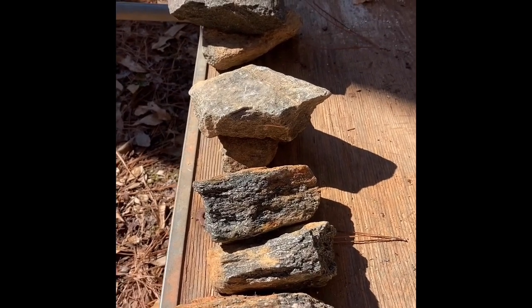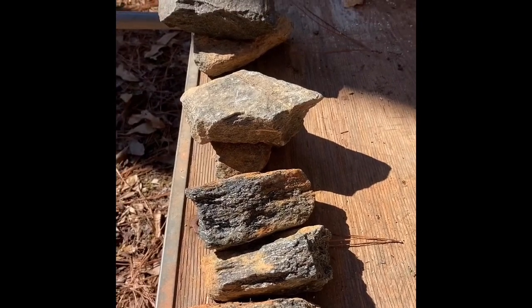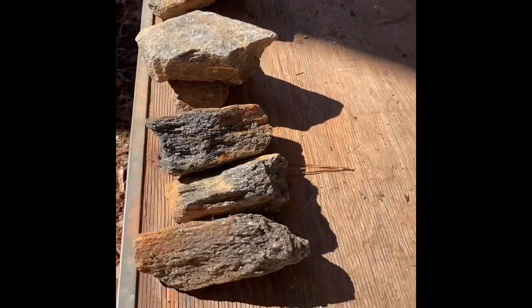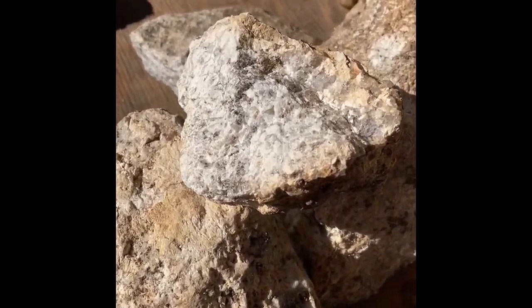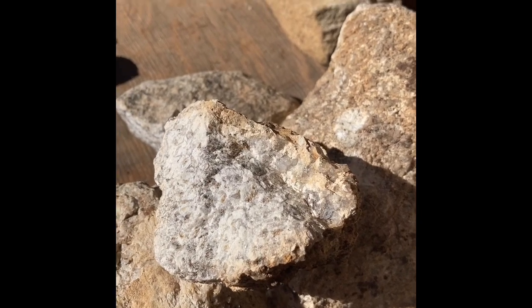So we have the intermediate to mafic kinds of lavas, Pluton lavas, and then we have the more felsic Persimmon Creek gneiss, tonalite magma lava. And what else do we have? Well, over here,